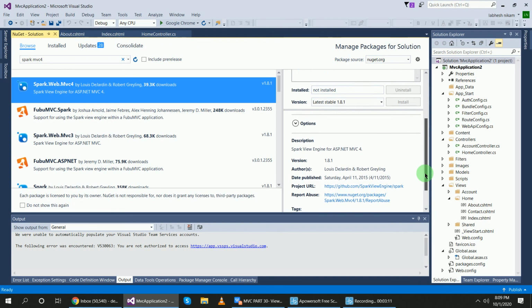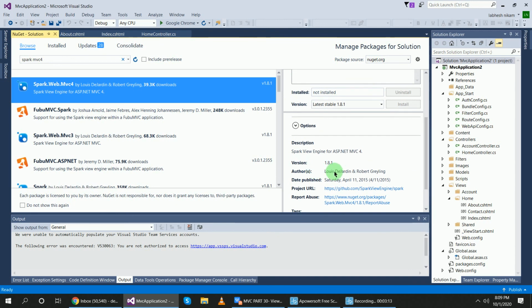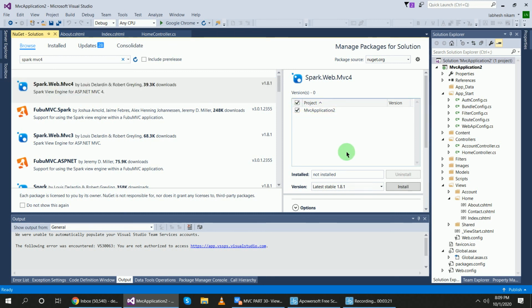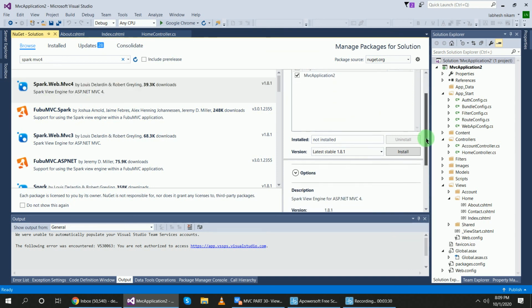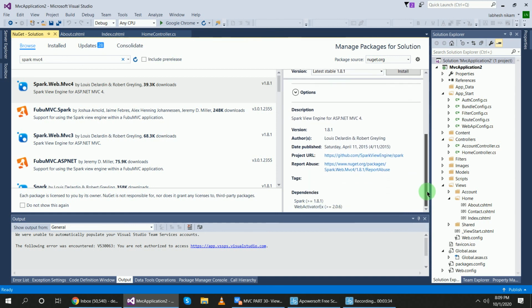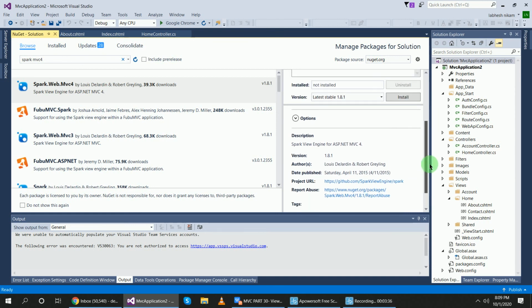So Spark version 1.8.1 is available, and I have installed it already here, in MVC application 2. What it says is that the latest version is not available in MVC application 3. Okay, let's go and install it.